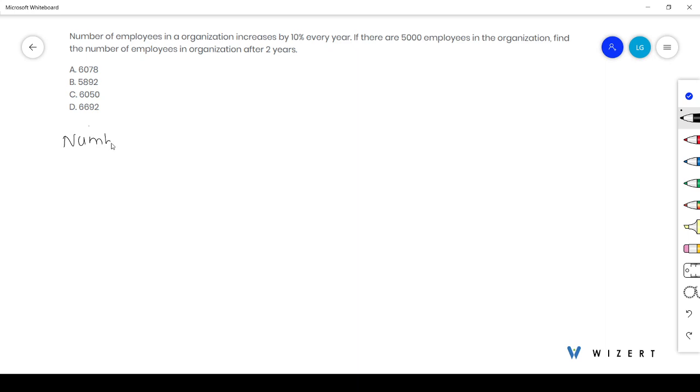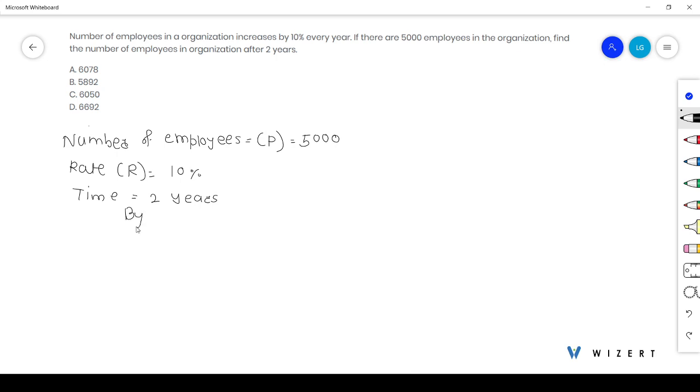Here we have given number of employees. Suppose it is P. There are 5,000 employees. Also, we have given the number of employees increases by 10% every year. That is, rate is 10%, and we have to find the number of employees after 2 years. So time is 2 years. So by using formula,